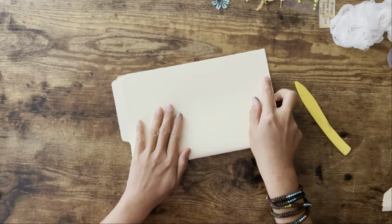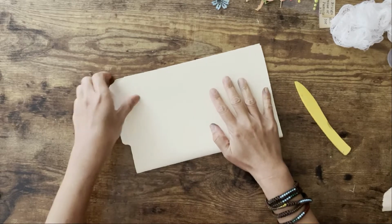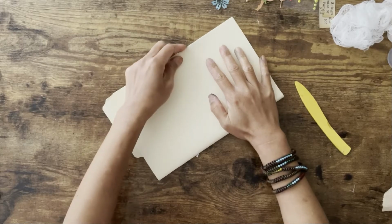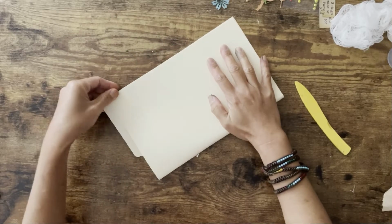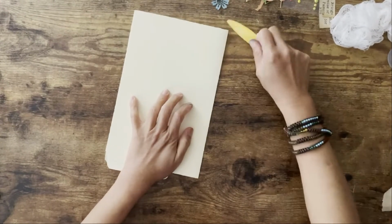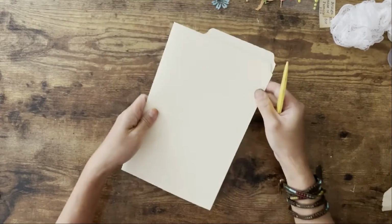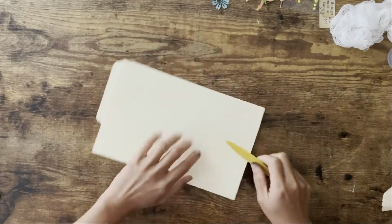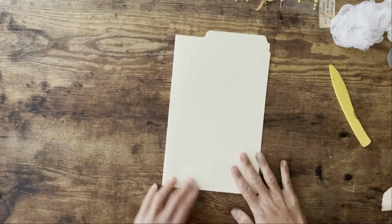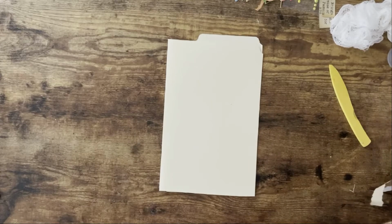And fold them in half. I like using my bone folder. It's one of the tools that I've used a lot. Okay, so I think I'm happy with that. Yeah, that's good enough. What I did is I pre-cut this